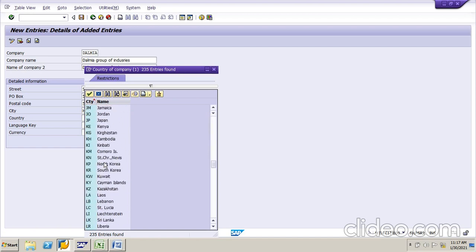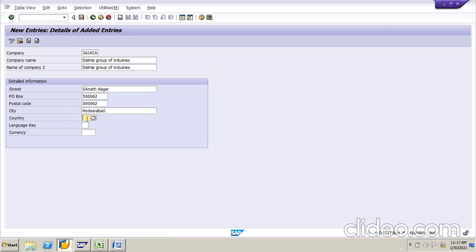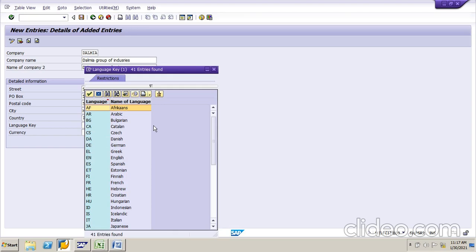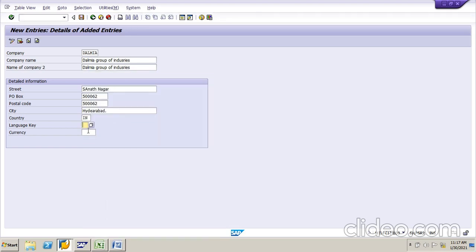Suppose you are doing an implementation project for the US, here you have to select the US. See here, Peru, Panama, Oman, Qatar. So based on your country, you have to give the country. So our country is IN, and language key. Language key is also the same, depending upon your country. For our Indian company we are taking the US one. So it's English. English is EN.